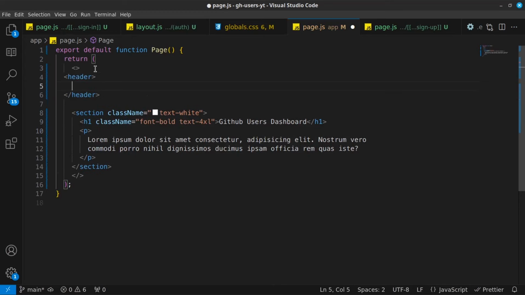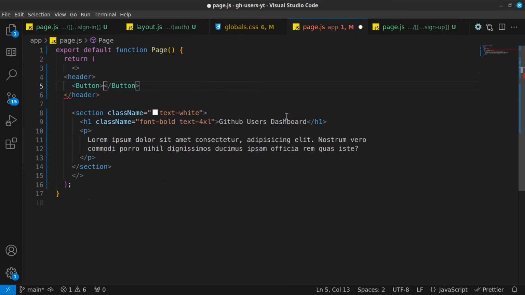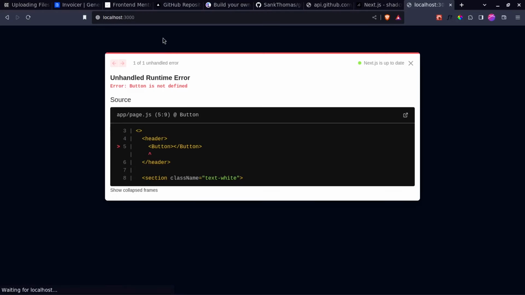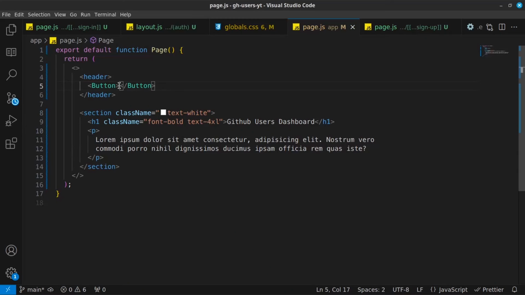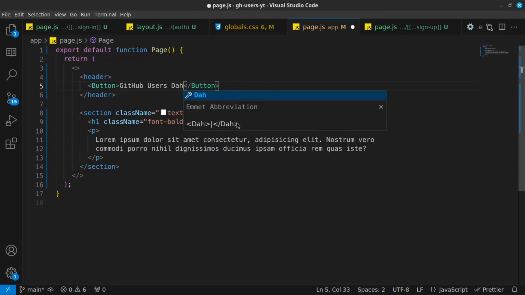So header, and then the first one is going to be a button, and it's going to be a button component from ShadCN, and I'm going to show you how you're going to use that, because if you save this, then you're going to have an error on the screen, as you can see right around there, because it says button is not defined. So this button is going to say GitHub users dashboard,